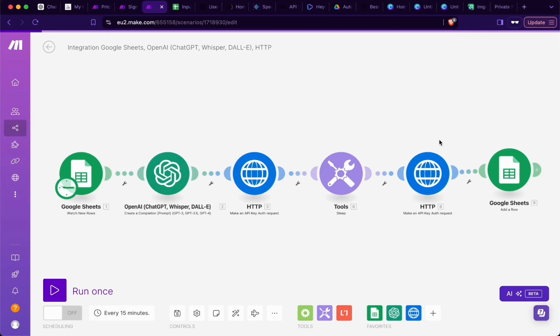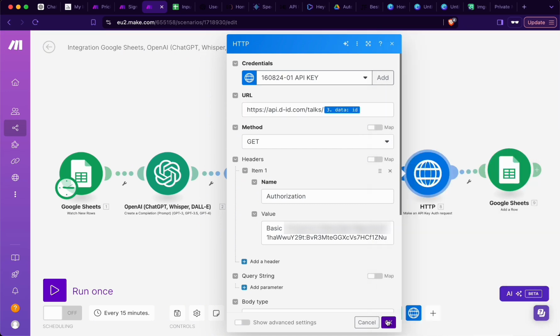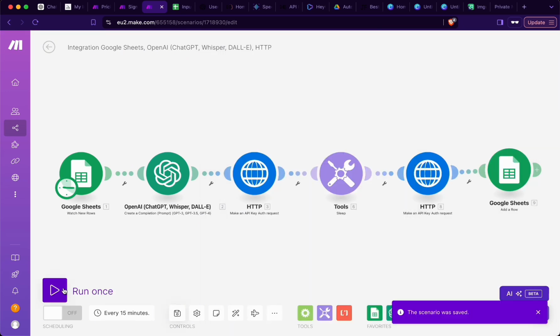Now, once we've run this process once, then we now have access to the result from the first HTTP module, which means that we now go on to the second one, and inside of the URL, we add behind talks a slash, and then we go inside of data and then input the ID right here. Press OK and save it. And now if we run it once,